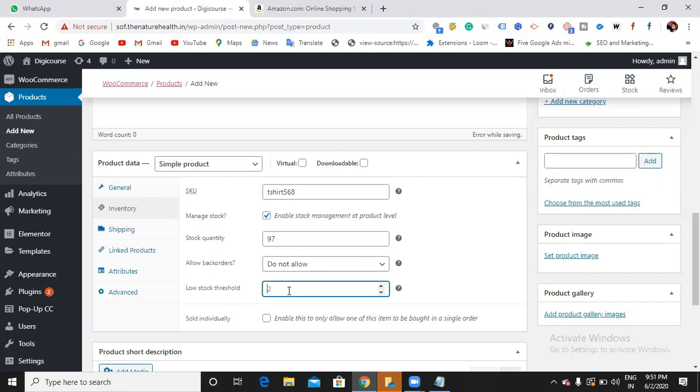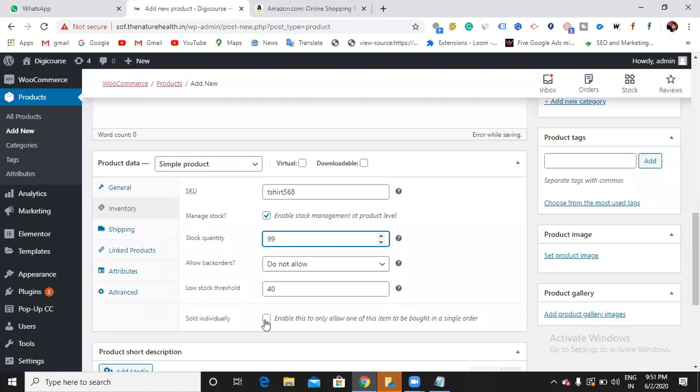Okay. Threshold 2. What does this threshold mean? Now if my quantity is 99 and Shiva purchases one quantity, it becomes 98. If Akansha purchases, it becomes 97. So it goes on reducing when someone purchases the product. When that number becomes 40, I, as the website owner, will get a notification that your quantity is getting less. Please try to add quantity. Okay, so that is for getting a notification.